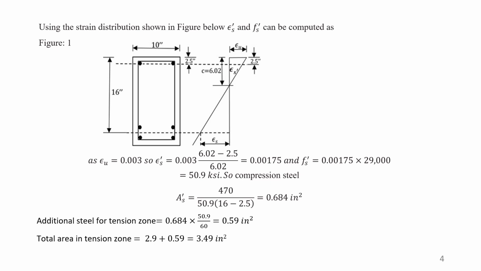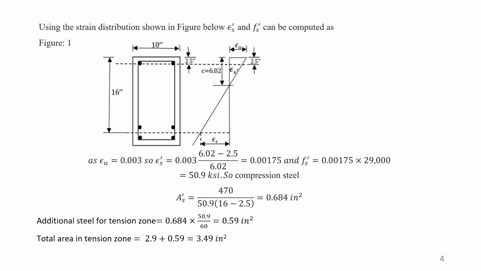With the allowable stress 50.9, the steel area value is 0.684. If we proportion it by 50.9 over 60, then the steel area at the bottom, because the steel at the bottom will be stressed more, will be less. From the calculation, the area comes to 0.59